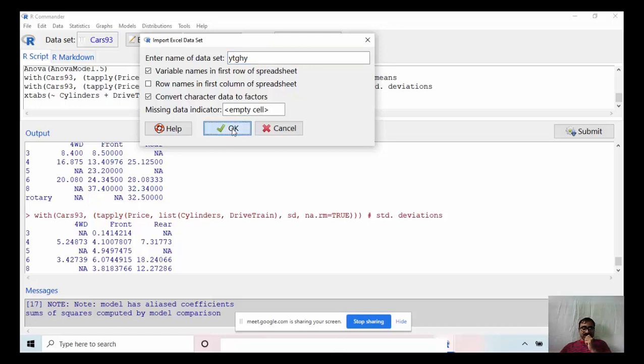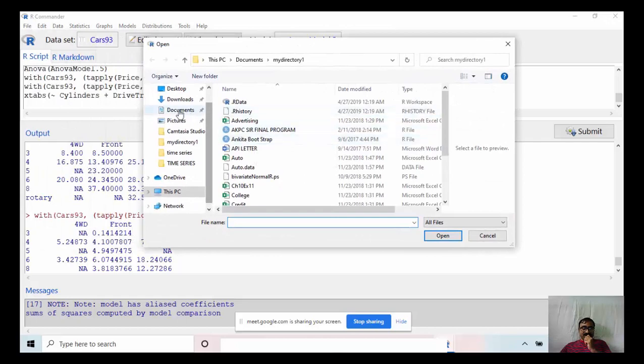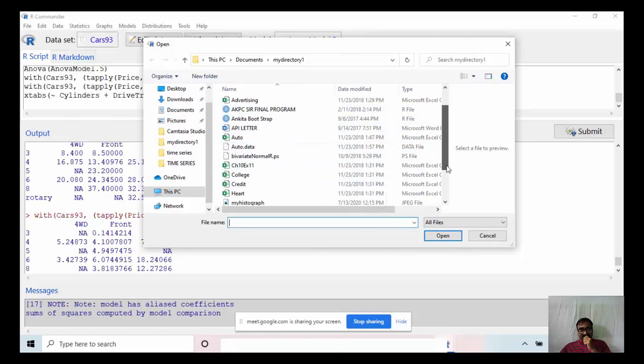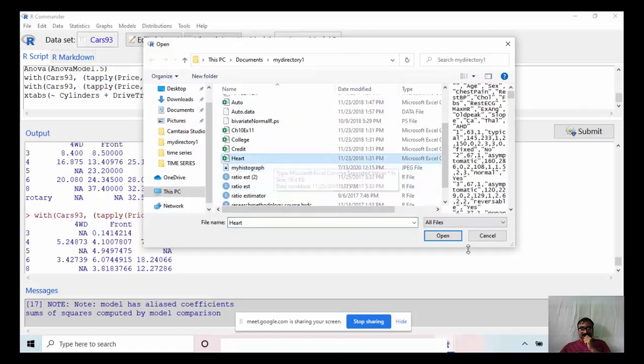Then just click OK. A new window will appear, and you can go directly to the folder in which you have your Excel file. Choose that file and then open. Here it is not opening in this window, even though there are some Excel files, because those are not data files. You can save the data in an Excel sheet.